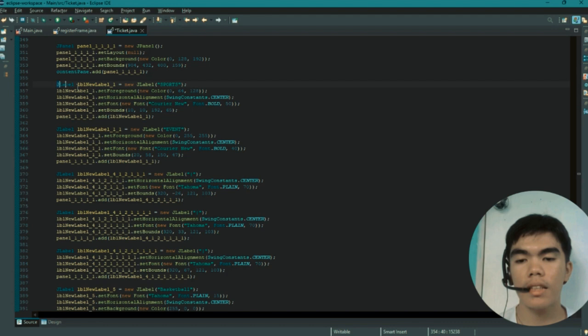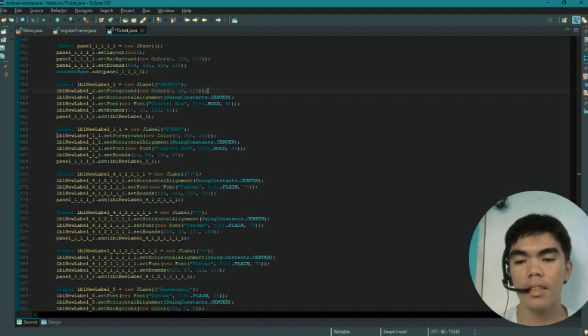So next is this JLabel, which has a string name Sports, and set the foreground to 0, 64, 128, and set the horizontal alignment to SwingConstants.CENTER, set font new Font Courier New, Font.BOLD, size 50, and set the bounds to 10, 10, 192, 65, and added to our panel.